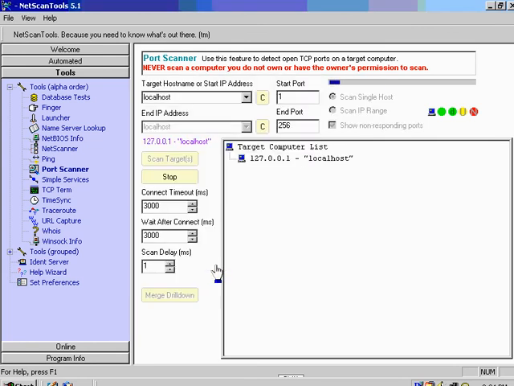Sure, we're not going to be bad. We're just going to scan here. Notice it says don't scan anybody or any computer that you don't own or that you have the owner's permission to scan. Remember what we talked about earlier with the laws and the legal implications. You need to make sure that you've got the right permission before you go and start scanning any networks or